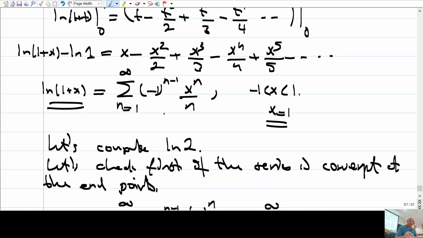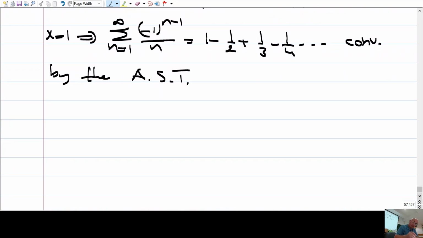Because this is a continuous function, this is also a continuous function. They are equal on the open interval, but since they are both continuous, you can take the limit as x goes to 1 for both of them. The limit as x goes to 1 for this one is ln 2. The limit for this as x goes to 1, well, you just plug x equals 1, since it is continuous. So Abel's theorem guarantees that finally, by Abel's theorem